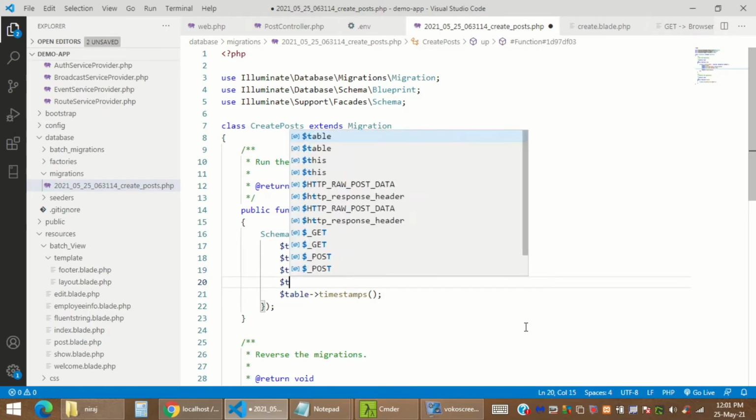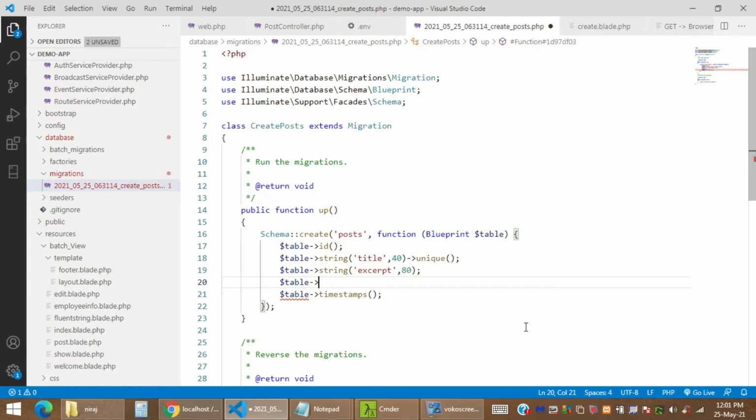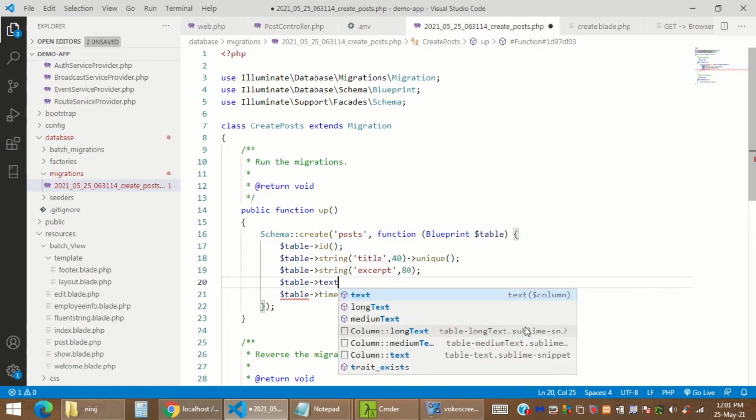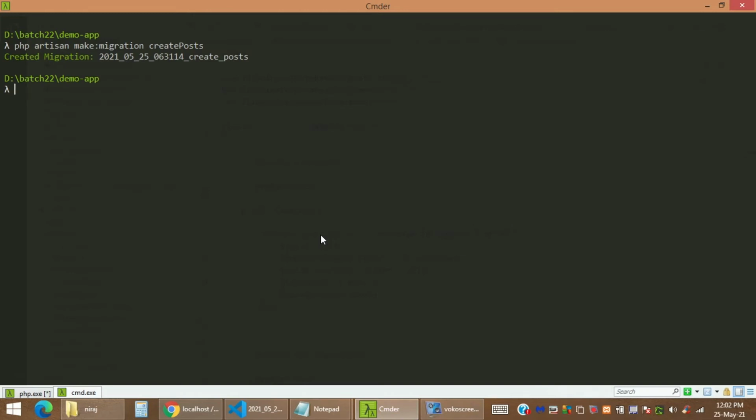With this I'm also going one step ahead and creating a description-like structure, which is nothing but a column named body, and all these things are going to get migrated into our database. So I'm going to type php artisan migrate and press enter. Let me show it to you.